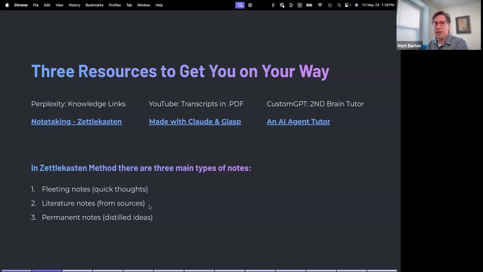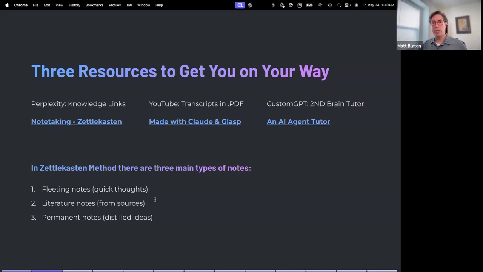Now, literature notes, these are notes because you read something in the Wall Street Journal, you read it in a book. It was worth remembering and it came from another source. Permanent notes. These are notes where you have combined your own thoughts with something that you've read somewhere, or a conversation that you had, and you've taken time to do a little more work on it. So that's a more permanent type of note. So this is the basics of the Zettelkasten method.